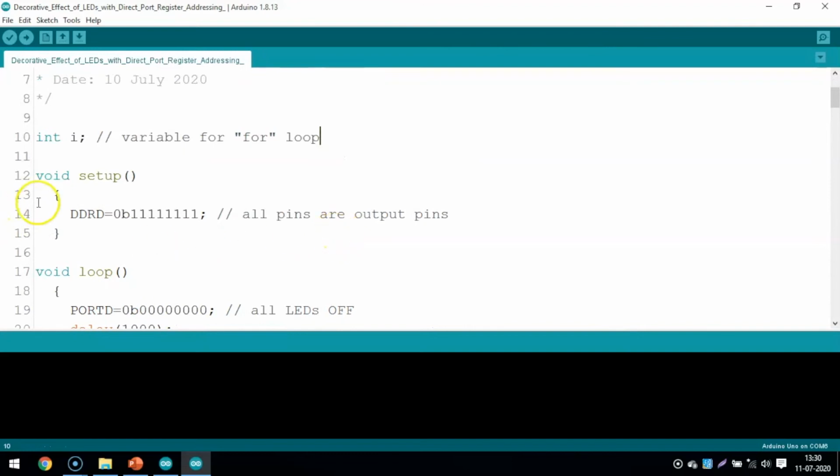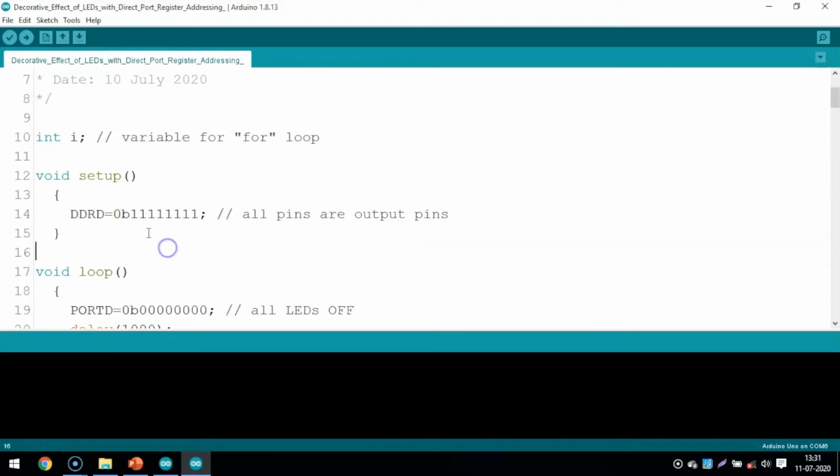Now what we have to do here, in void setup, we have to write this code line: DDRD. Now listen very carefully and note down. DDRD stands for Data Direction Register D port, or port D. And after that I am writing equal sign here, and then I am writing 0B.